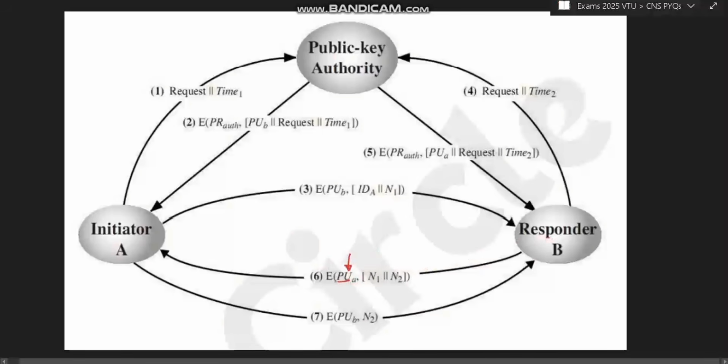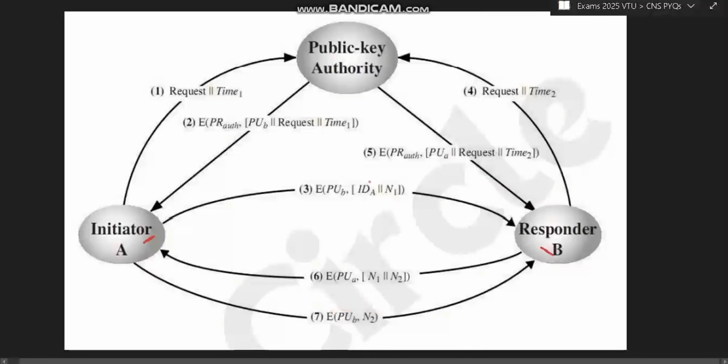So the public key of A is used to encrypt it and send to A, and A will then be sending back N2, saying that I have received N2 successfully. We can communicate now with the public key of B. Okay, to encrypt, it uses the public key of B, and it sends to B. So this is how the public key is exchanged, and A and B both have the public key with a